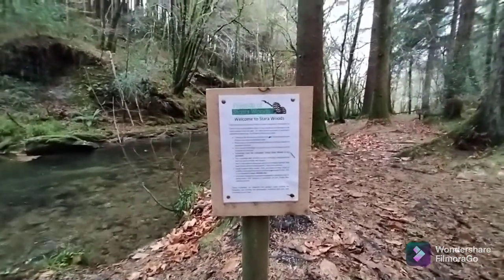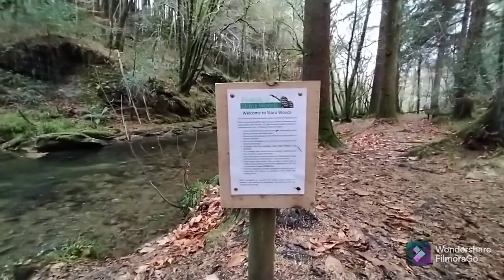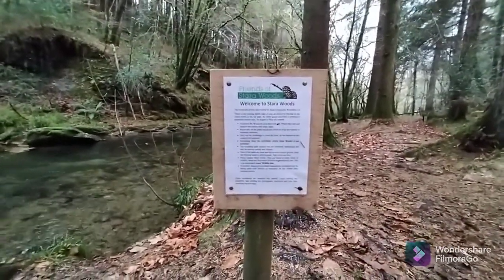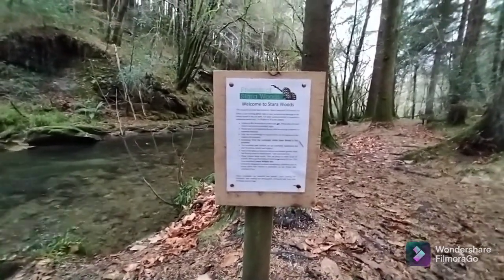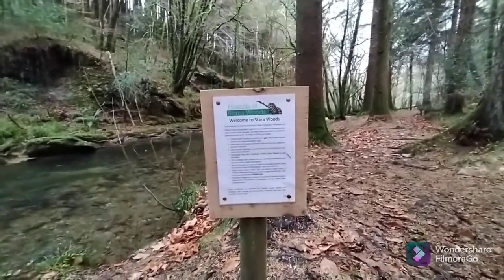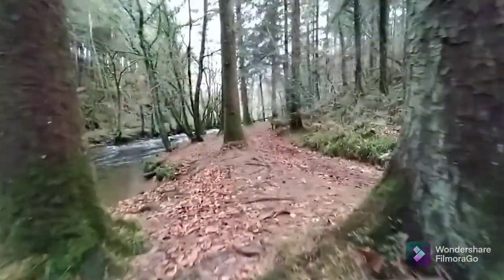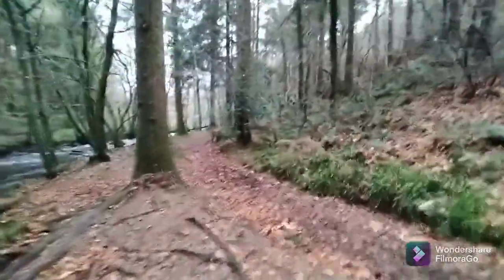And as if by magic, come round the corner of a tree, there's a sign telling you about the woods and everything you need to know or obey, or anything you need to do to have an enjoyable time in these woods. But yeah, things are changing now, community woods and things like that. The only benefit I can say by that is you still retain some access, whereas if this wood was bought by a private individual, I'm guessing